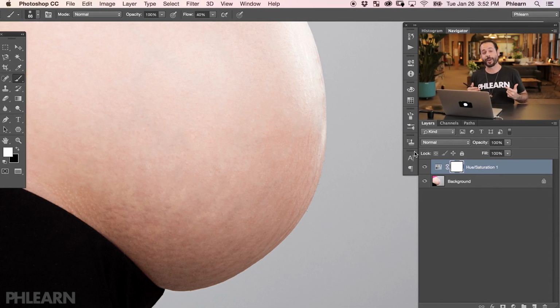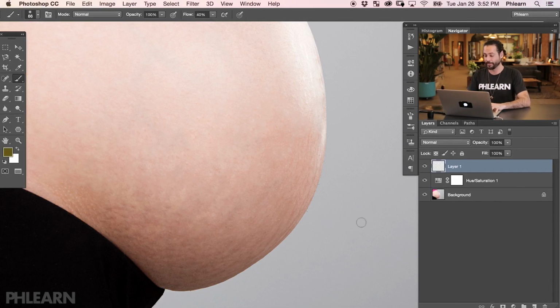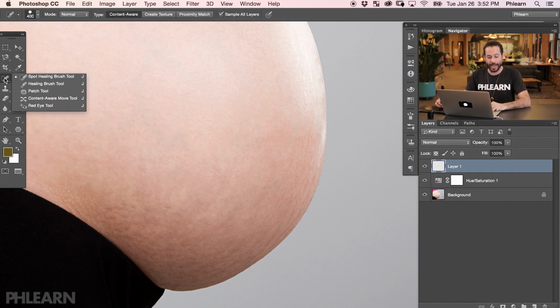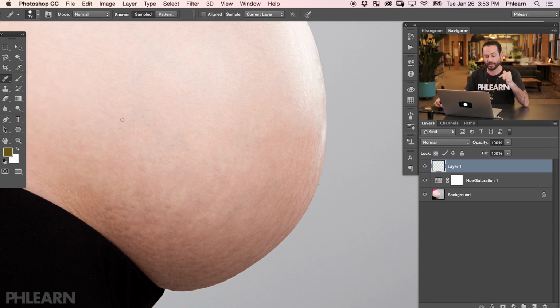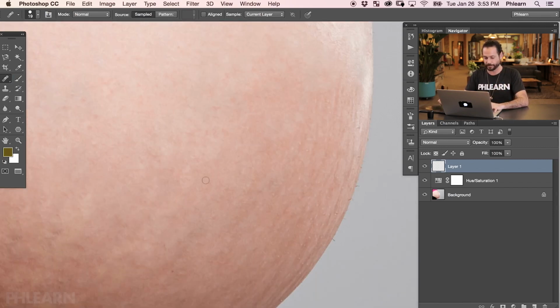The next thing we need to do is the texture, and we're gonna be doing that with the healing brush tool. All right, guys, let's grab our healing brush tool. So we're gonna make a new layer here, Shift Option Command N for a new layer, or you can just click on the new layer tool, however you wanna do it. And we're gonna grab our spot healing brush tool. No, you know what? We're gonna use the regular healing brush tool. The spot healing brush tool chooses the sample point for you, and sometimes it just chooses the wrong point. Like it might choose a different stretch mark to try to replace it, so we don't wanna do that. We're gonna use the regular healing brush tool so I can choose my sample point myself.